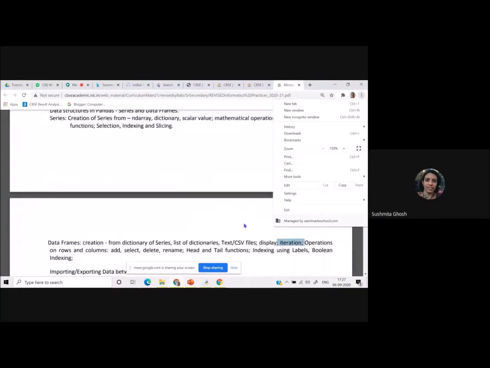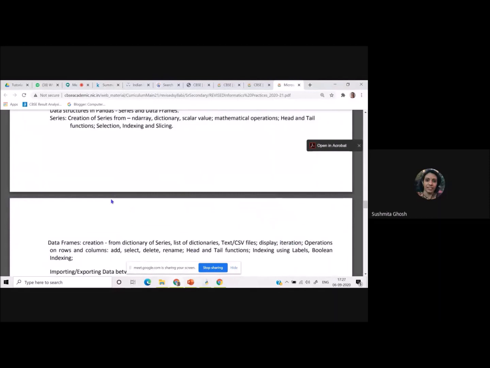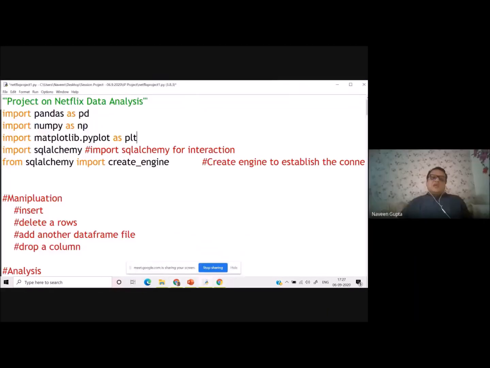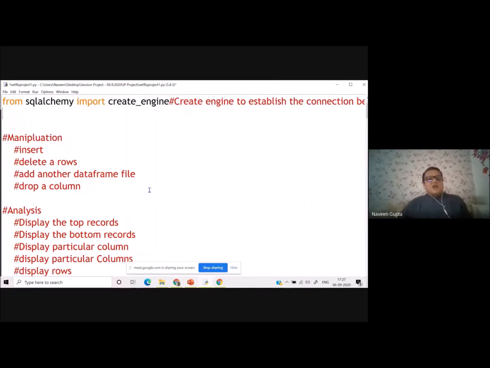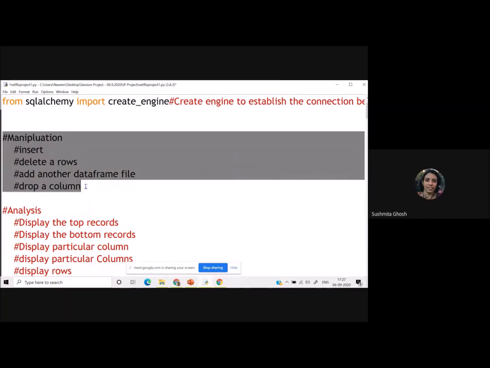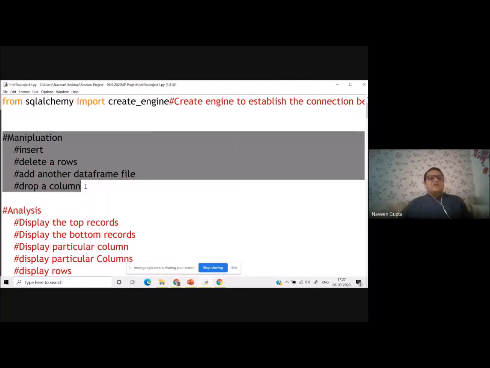I just want to ask one thing: for addition, selection, deletion and all that, there are many methods, at least 3 methods. Will it be specified in the question paper which method to use, or can they use any method? Any method they can use. It will be tough for people to check the paper, because even if you have taught students one method and a student has written any other method, you still need to check. So you should be aware of all the methods. Whatever you are teaching in class is sufficient, but when a student writes something, you have to check. Yes, sir. For the teacher, everything should be known, but the child can concentrate on one method only, insert method or loc method, whatever he feels.